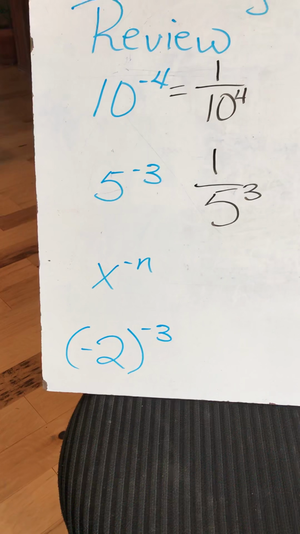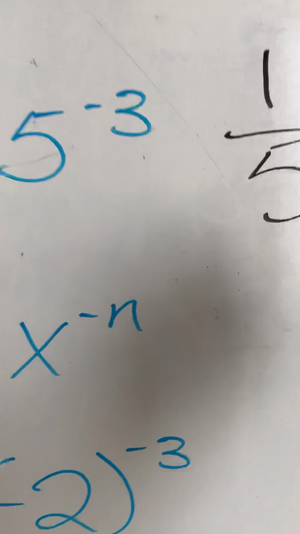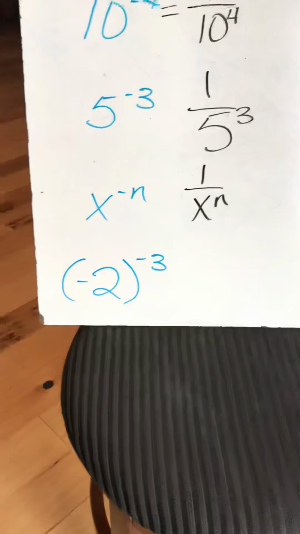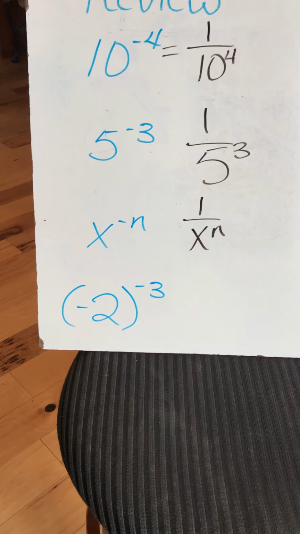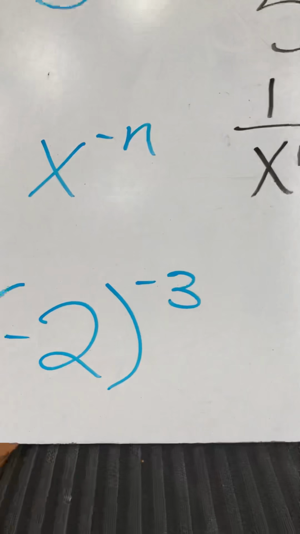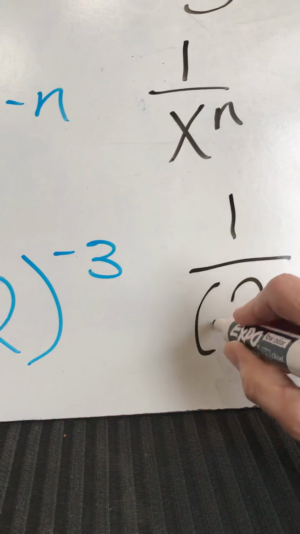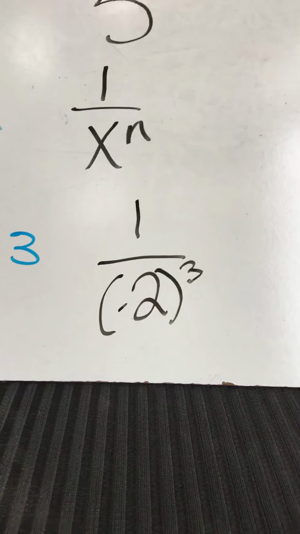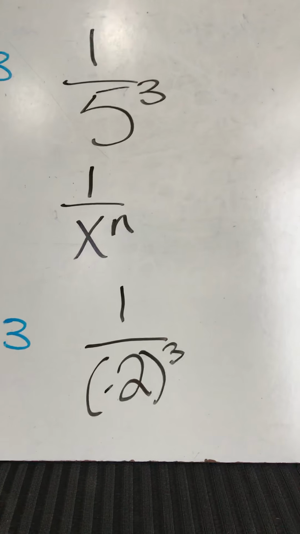X to the -n. Okay, as long as x is not equal to 0, it would become 1 over x to the nth power. Now you've got the quantity -2 raised to the -3rd power. Notice it's got the parentheses. Keep your parentheses. That 2 is still a negative. It would become 1 over a -2 to the 3rd. So if you simplified these out further,